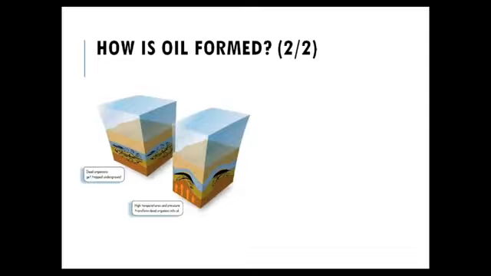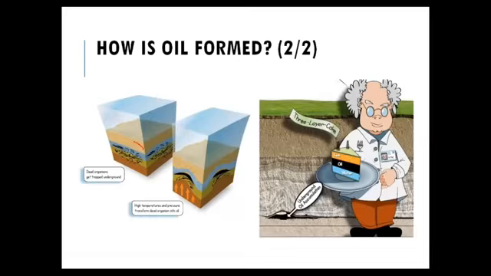Okay. So if you see here, dead organisms get trapped underground. Due to high temperatures and pressures, the viscous oil gets accumulated here, and this forms different layers. The higher the density of the material, the more it will be at the bottom, and the lighter material will be floating on top. So water, oil, and gas are the different layers, depending on the densities, that will be formed below the Earth's surface.